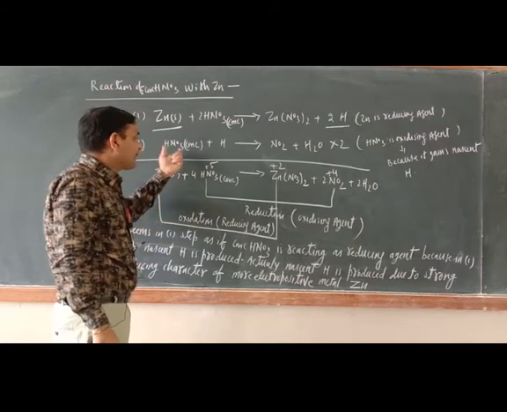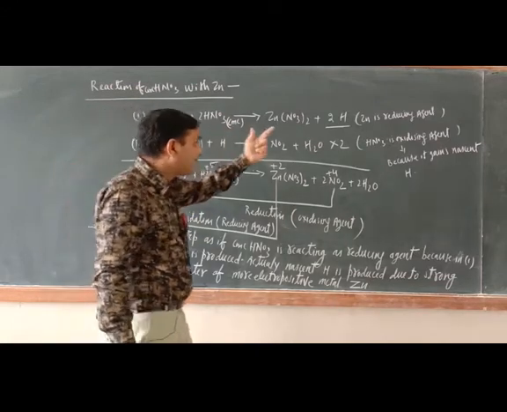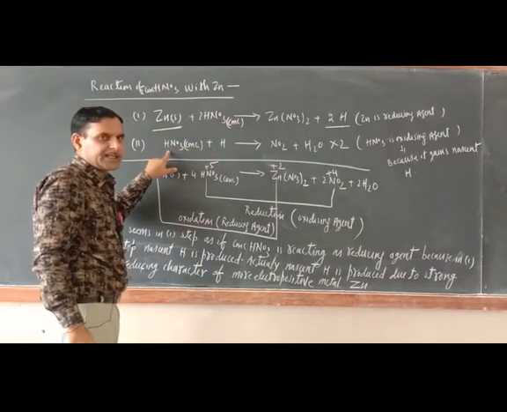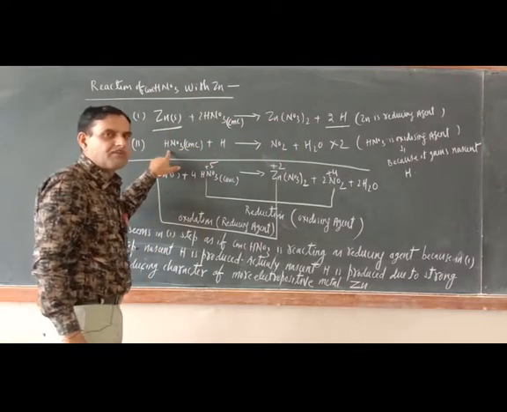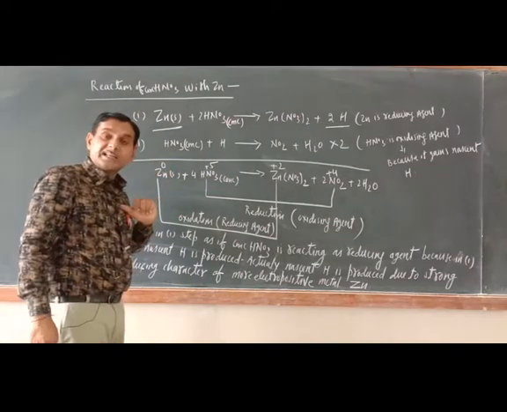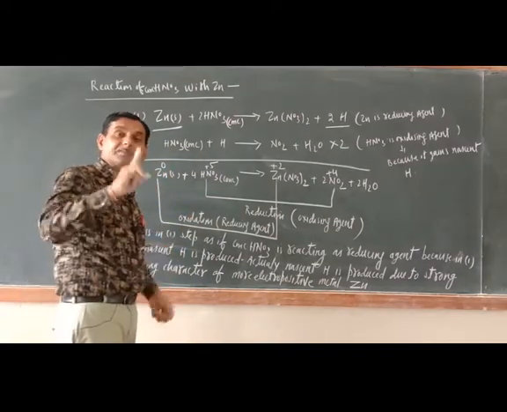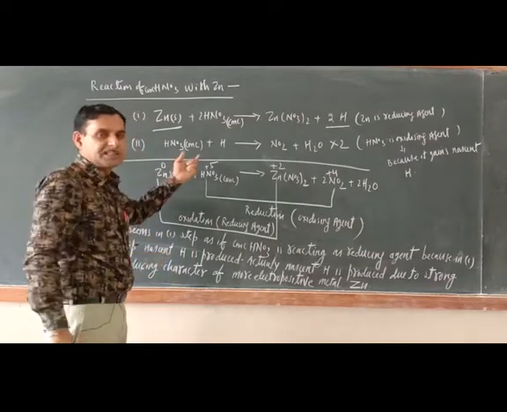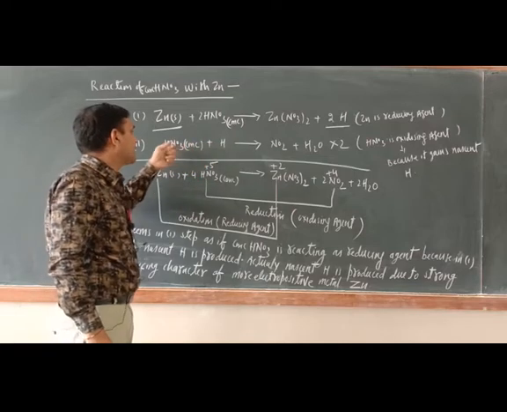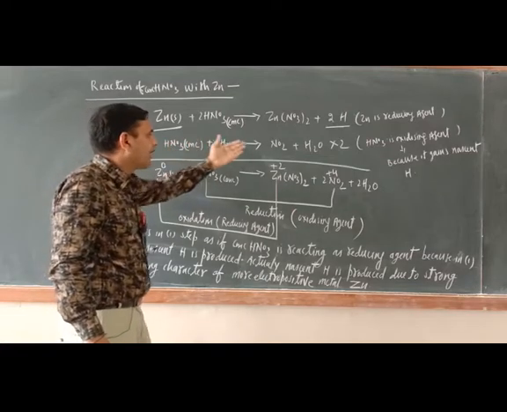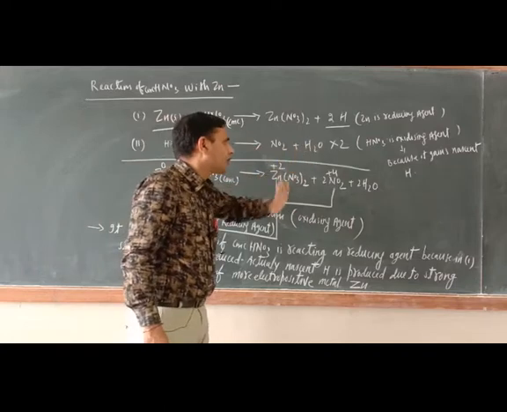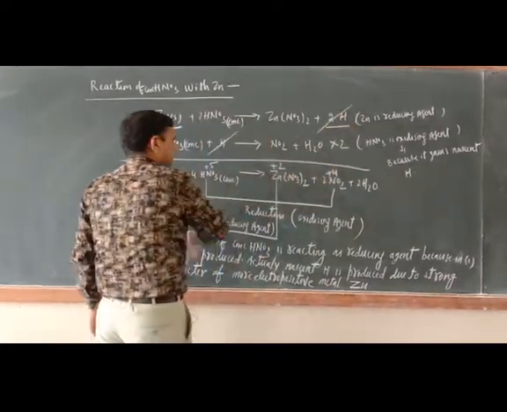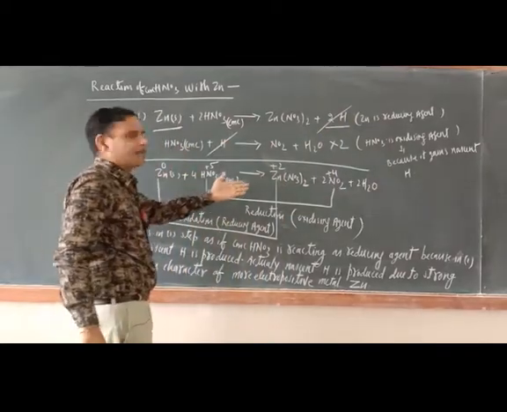Remember, in step number two, that nascent hydrogen has been gained by the concentrate HNO3. So what is the definition of an oxidizing agent? Oxidizing agents are those substances which furnish nascent oxygen or gain nascent hydrogen. Now just see, in step two, that nascent hydrogen has been gained by the HNO3 and the products are NO2 and H2O. To cancel it out, I have multiplied by 2, so the 2 will be cancelled out here, and ultimately I wrote the final equation.